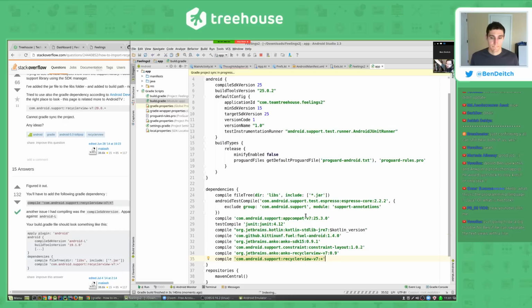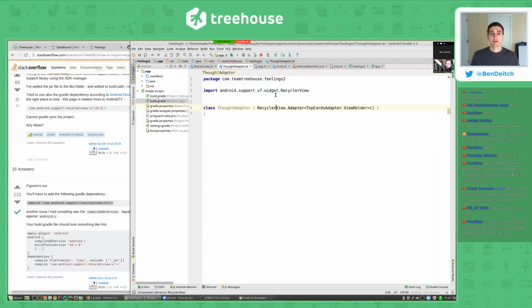You gotta let Gradle do its thing. Yep. From the cradle to the cave. Import. Right? Yay. Okay. So then this is going to be thought adapter